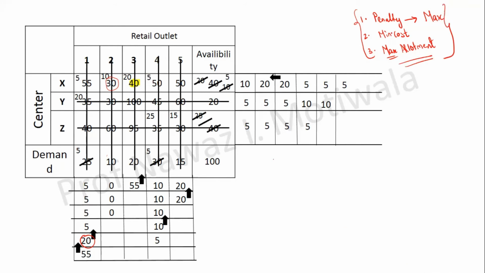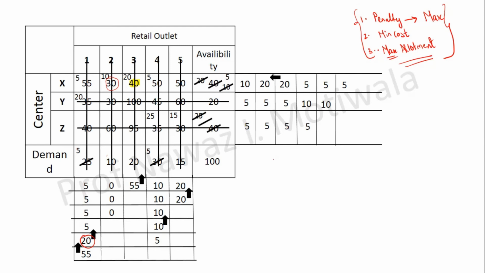No, sir. Now the question will arise like, sir, if penalty is also same, then I checked for minimum cost was also same. Then I went for the maximum allotment. The maximum allotment was also same. Then what to do? Can you tell me? In this case, what should we do? Random allotment is okay. Perfect answer. If all these three are matching, then you can go for random allotment. That means you can allot at any of the two locations where there is a maximum allotment after these three steps. So that will be on your choice.